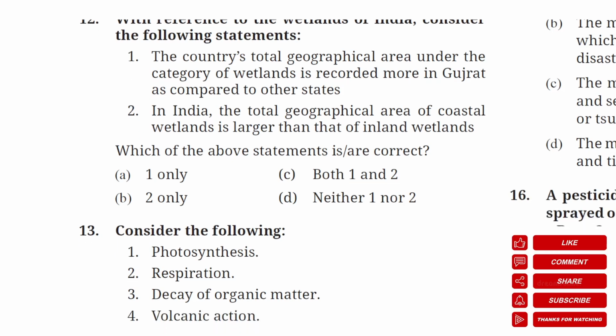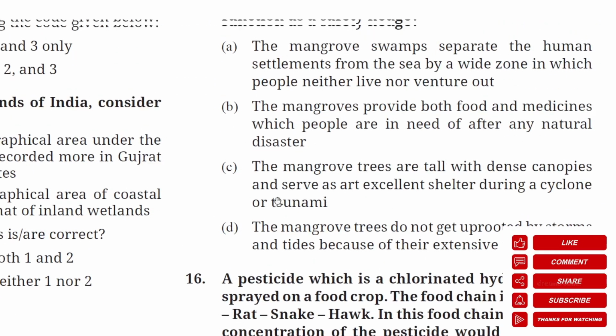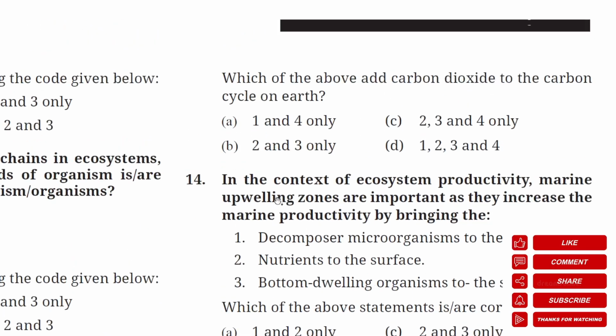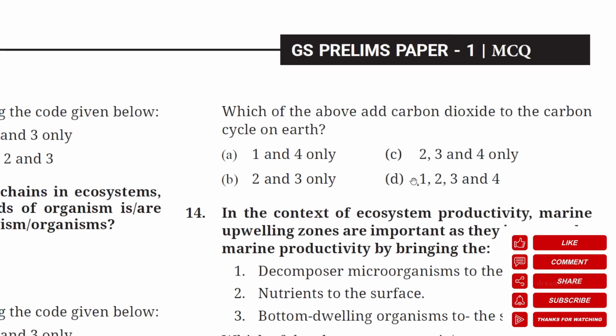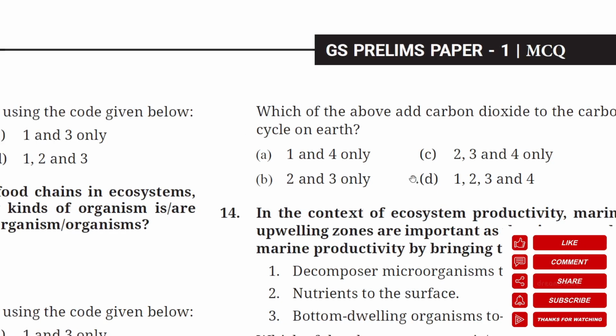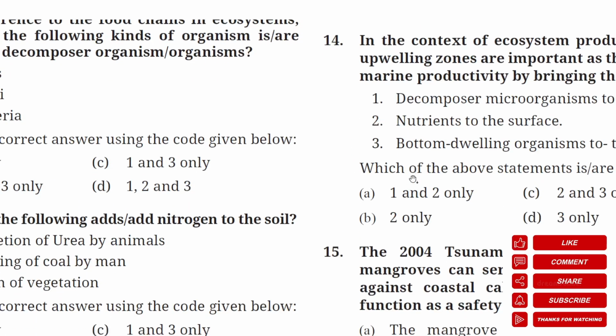Consider the following: photosynthesis, respiration, decay of organic matter, volcanic action. Okay, so four options are given here. Which of the above add carbon dioxide to the carbon cycle on Earth? So that is basically the question. Okay, so which among these following will add the carbon dioxide to the carbon cycle of the earth? Okay,